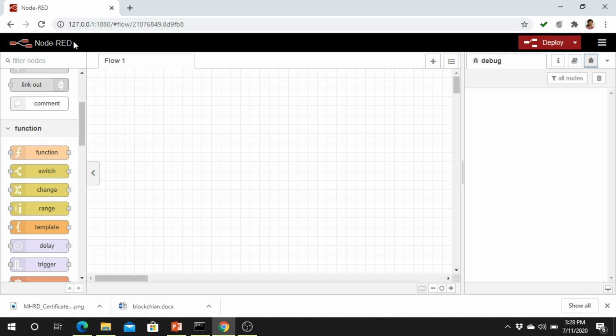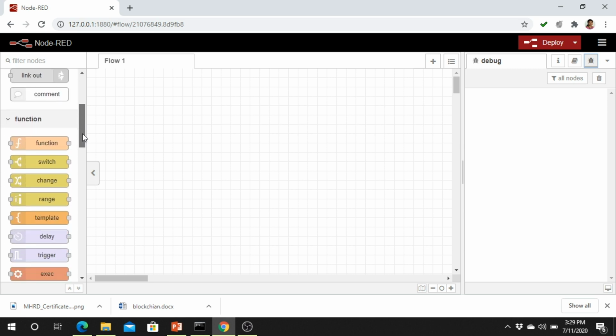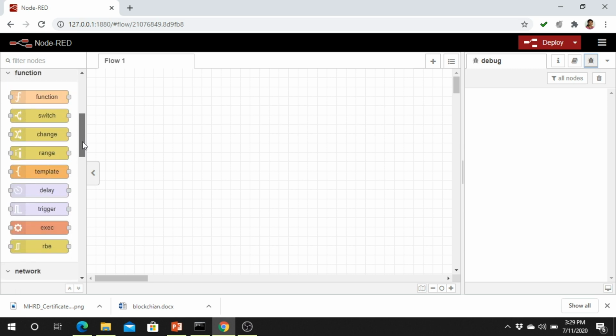After typing the localhost address in the URL address bar, you will get this Node-RED page. On the left hand side we have the nodes. The inject node, debug node, all the nodes will be displayed in the left hand side panel.